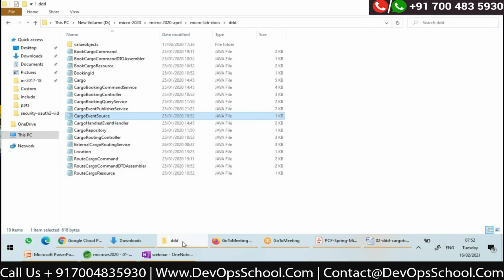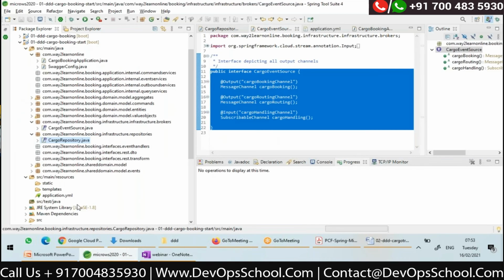I have a class called external cargo routing. First point, I'll copy this. External cargo routing. And here I'll paste it in outbound services.